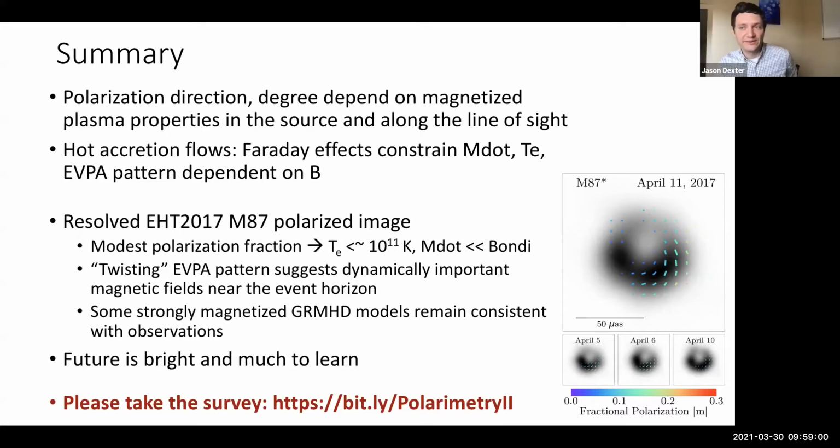Yeah, thanks. It's a great question. So we think about the direct emission, meaning the light can still be bent, and light bending effects can play an important role. Like in the vertical magnetic field case that we showed, they play a very important role in producing a swirling pattern. For the photons that go around the black hole one or more times, we think that those contribute something of the order of 10% or maybe up to 20% of the total flux. So they're a subdominant component.